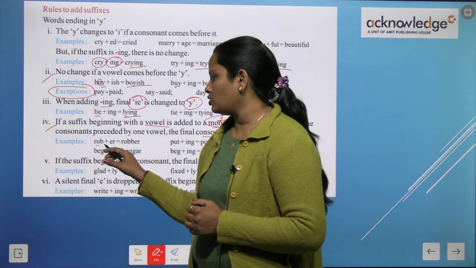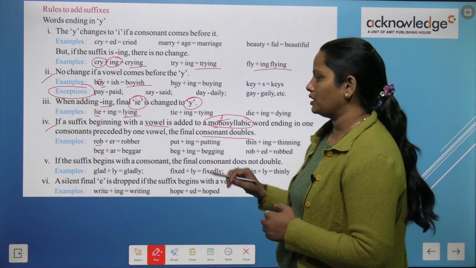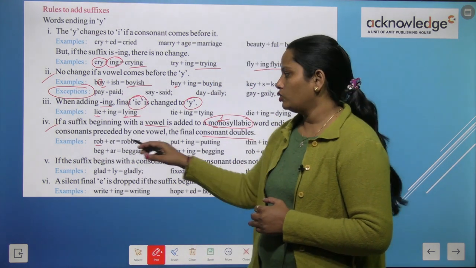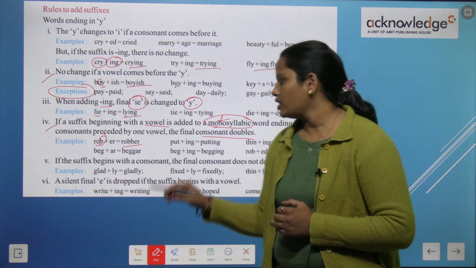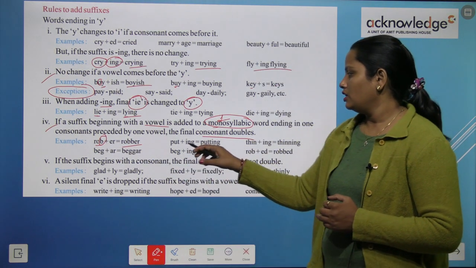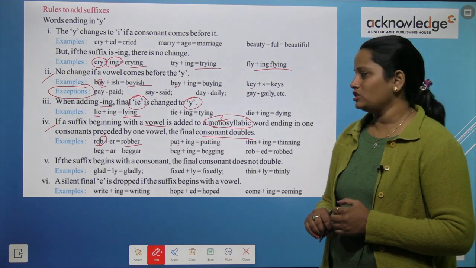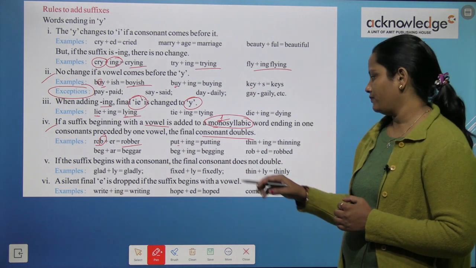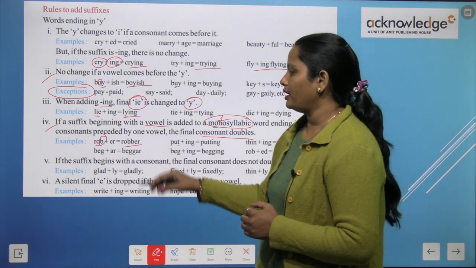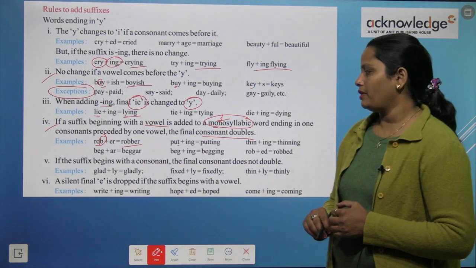Rob. अब rob को जब हमने er प्लस किया तो ये जो कॉन्सोनेंट b है ये डबल होके robber बन गया. Put में t is double, so double t तो बन गया putting. Thin, thinning. Beg, beggar, begging,